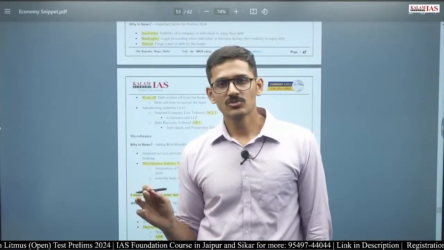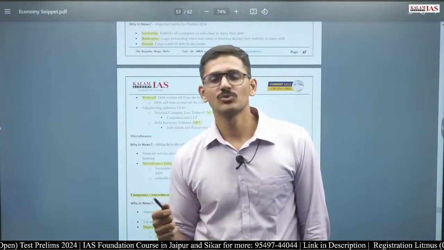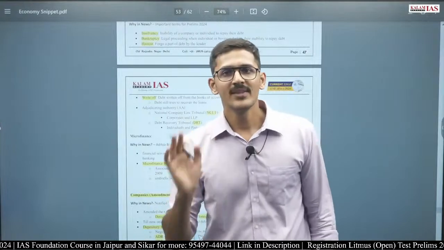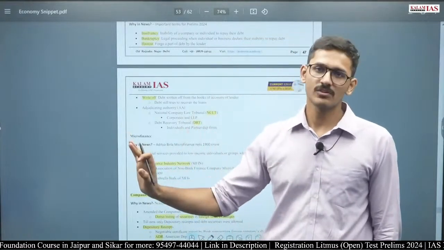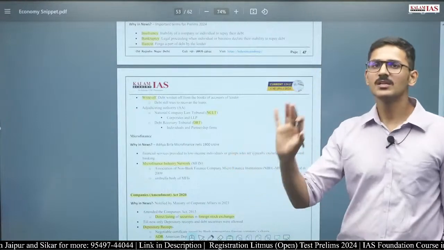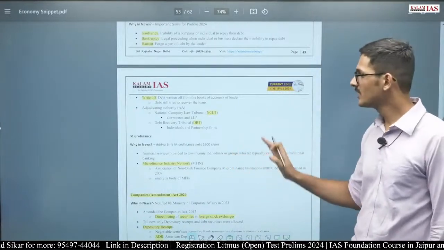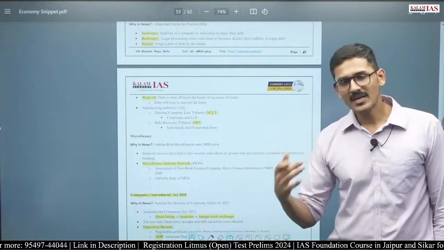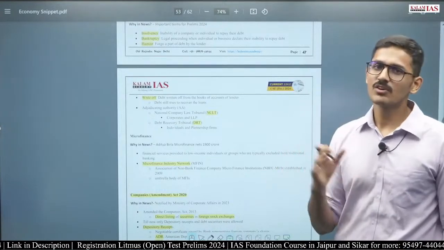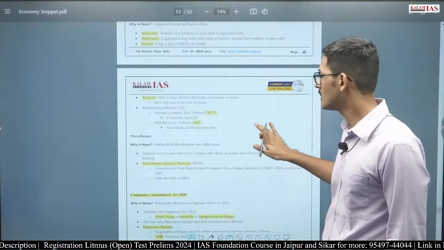So that does not mean that the amount is not anymore due by Nirav Modi to the Punjab National Bank. The amount is still due. That has just been written off from the books of accounts of the Punjab National Bank. That has been recognized as a loss by the Punjab National Bank, and the bank will also still try to recover that loan, but that will not reflect in the books of accounts of the bank.